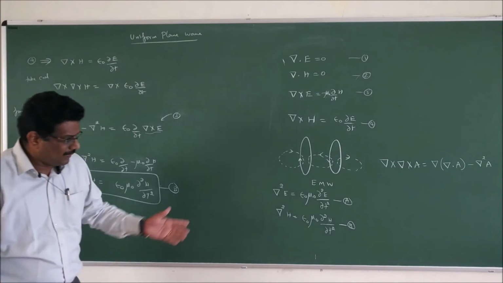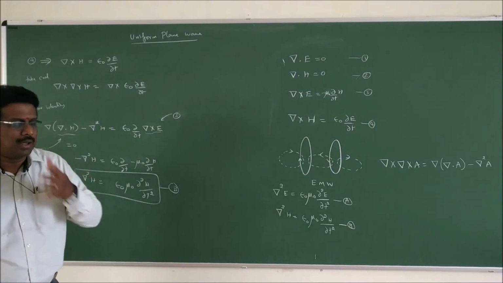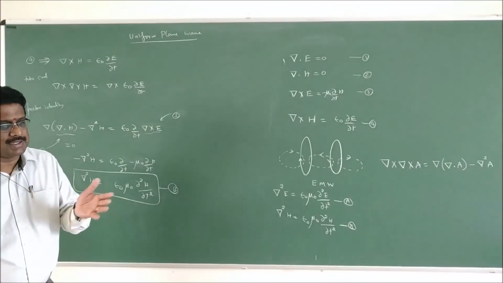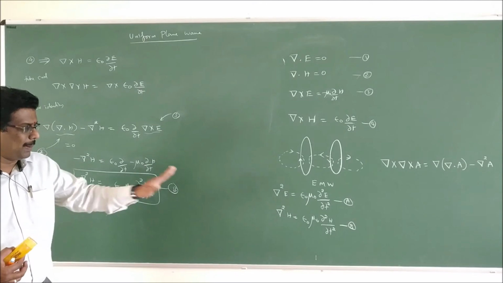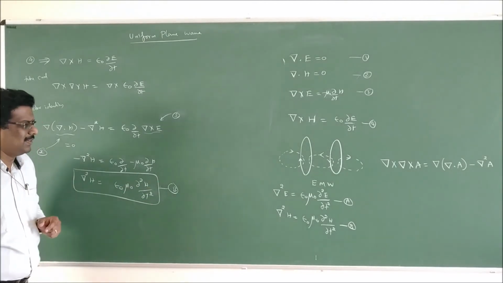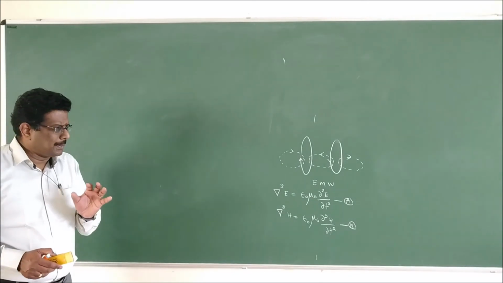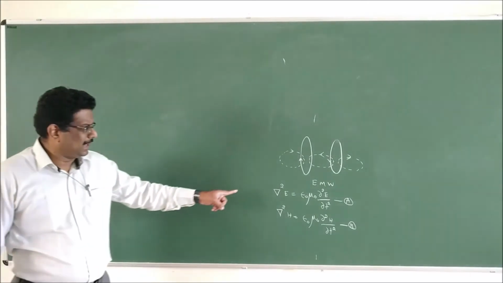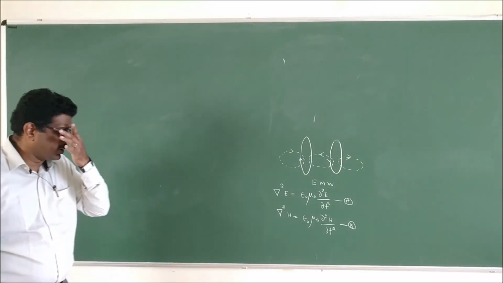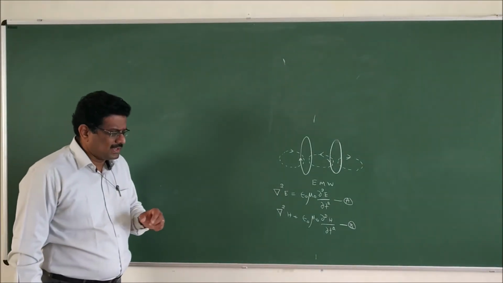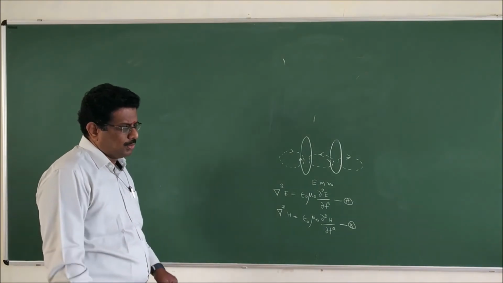And please have a look, both equations are the same because both are equal. Just as the electric field exists, the same way the magnetic field also exists, and both are highly interlinked. Okay, keep it pending. Some more modifications we have to do in your second order partial differential equations. What is that modification? I would like to prove why it is called uniform. Okay, that concept also we have to do.